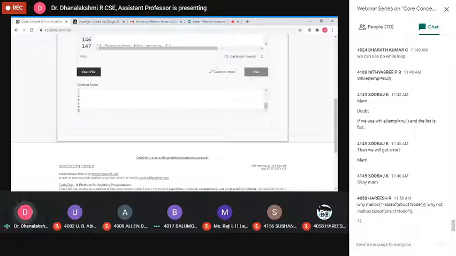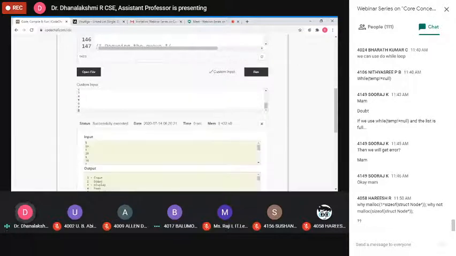Only small changes are there. The remaining functions are working properly. Nothing else, only the opening and closing delimiter was missing.